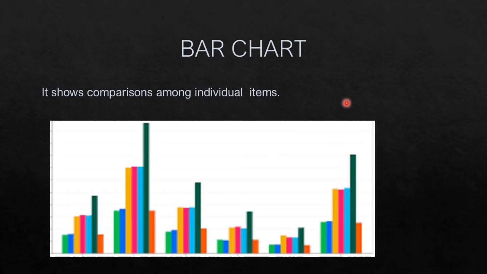Next one is bar chart. It displays certain types of information such as changes in size. A bar chart can be horizontal or vertical in Excel. The vertical option is referred to as a column chart. I already said the vertical option. See here, the vertical option is referred to as a column chart.